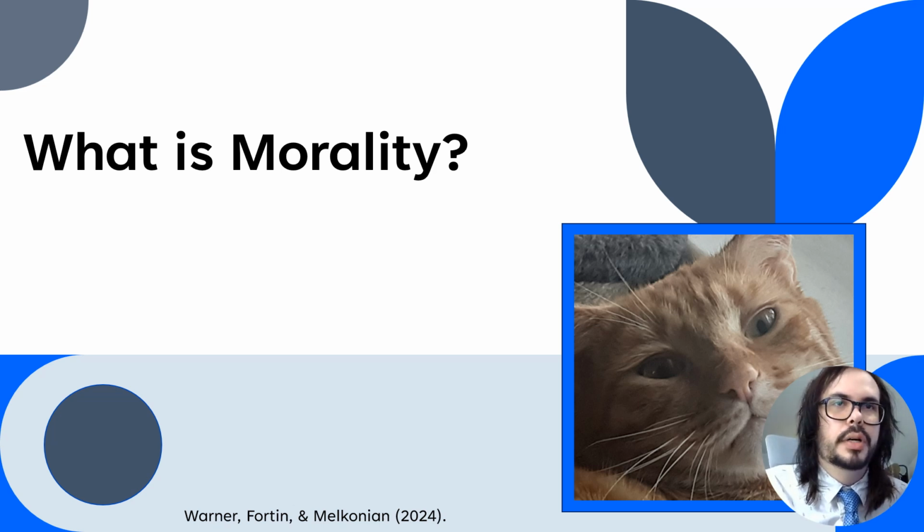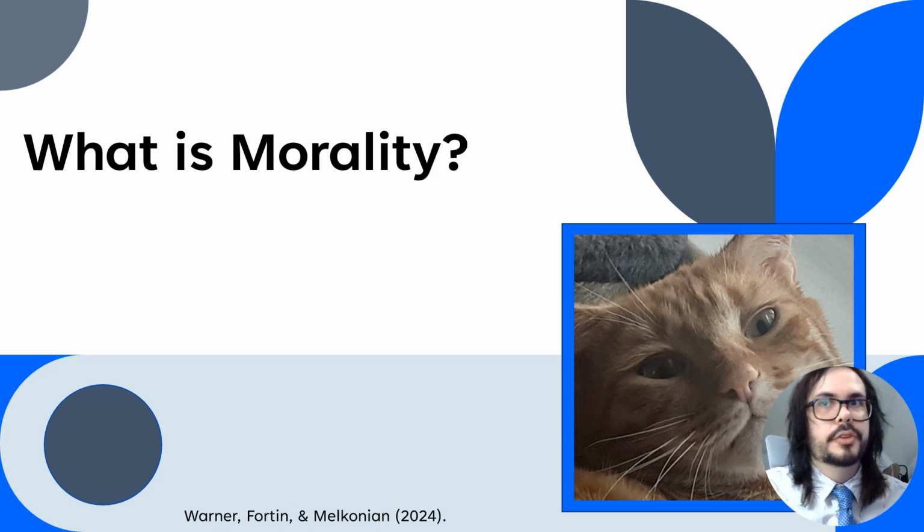There is also one study by Warner, Fortin, and Melkonian that suggests that moral development and Kohlberg's theory actually does affect decision making and ethics ultimately, and what stage a person is in determines a lot of the times their behaviors in certain situations, right? So that's what that reference is for. And now that we've established what morality is, basically just determining a person's opinion on what is right or wrong, let's go to the next slide.